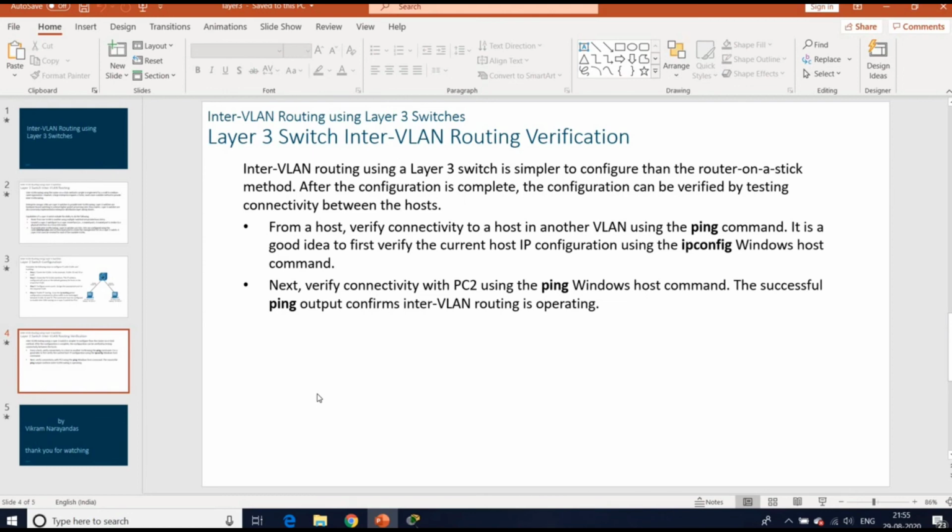Already did it. It is a good idea to first verify the current host IP configuration using the ipconfig Windows host command. Next, verify connectivity with PC2 using the ping Windows host command. The successful ping output confirms inter-VLAN routing is